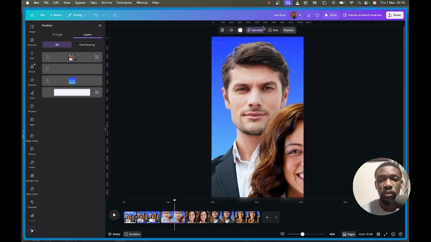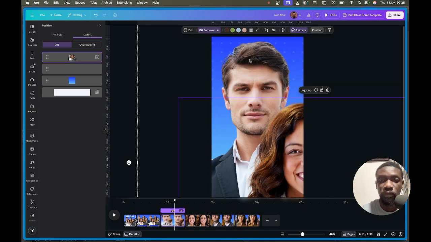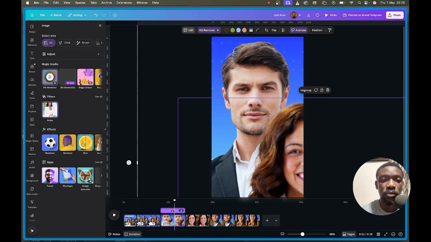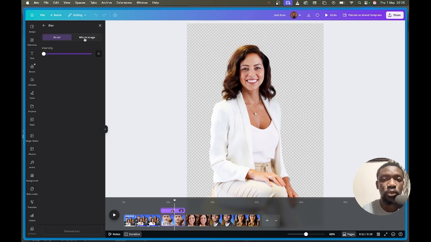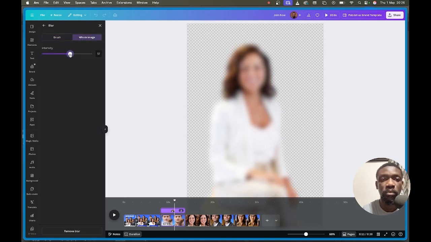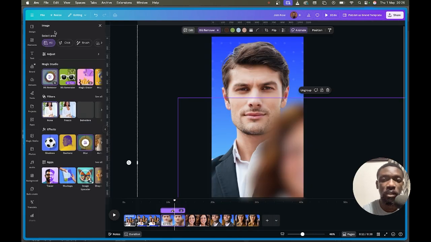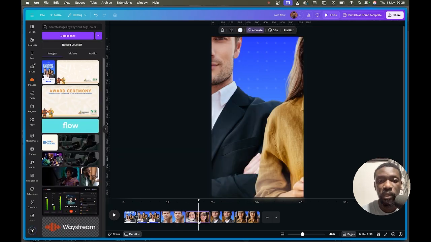Go to the first one, click on this image, even though they are in a group, click on this image that is in view and go to edit, and from edit go to blur. For blur, you choose all image and then you increase the intensity of how much blur you want. I think this should be okay to keep us undistracted, to just see this man alone. And then we'll go to the next page,